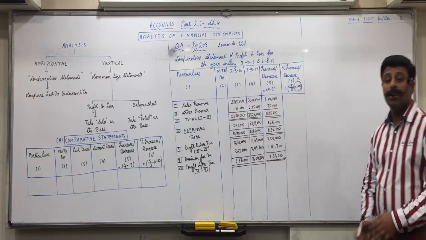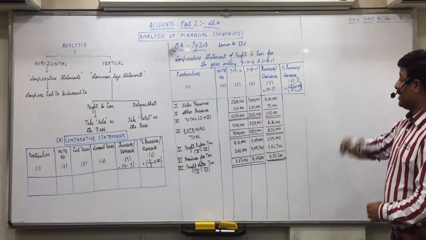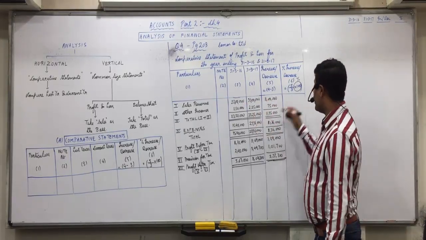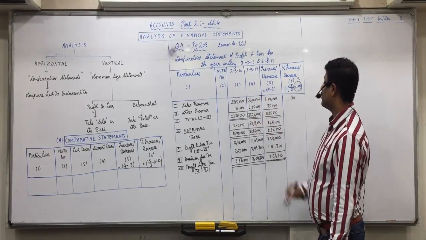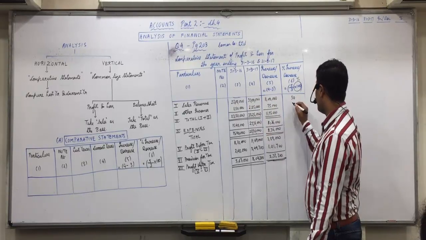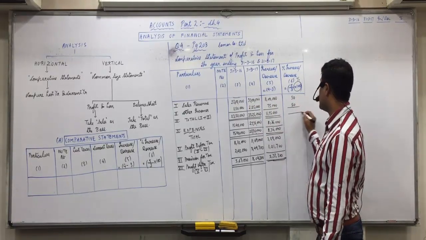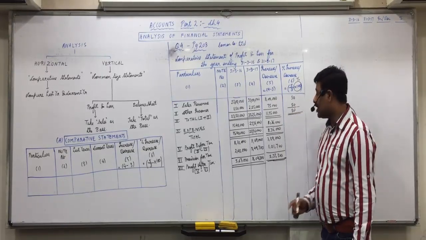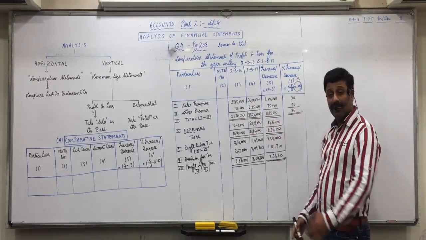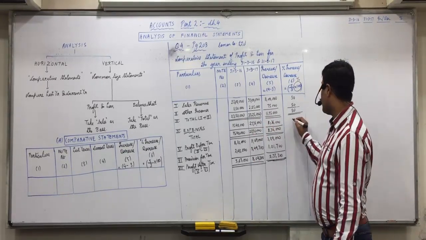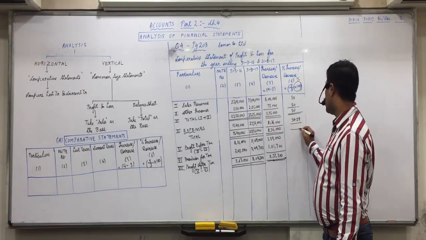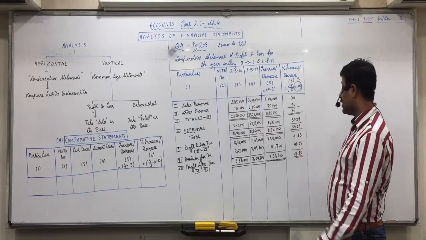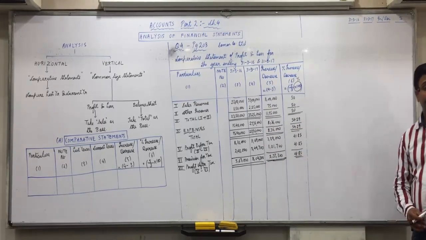Yes, sir. Then, Renuka, percentage increase or decrease? 50. 11 lakhs upon 22 lakhs into 100, 50%. 50. 75,000 upon 1 lakh 50,000 into 100, 50%. 50. Yes, when both are same, then total will also change by 1175 upon 23,50,000 into 100, 54.29, total also 54.29. Last three will always come same if tax rate is same.